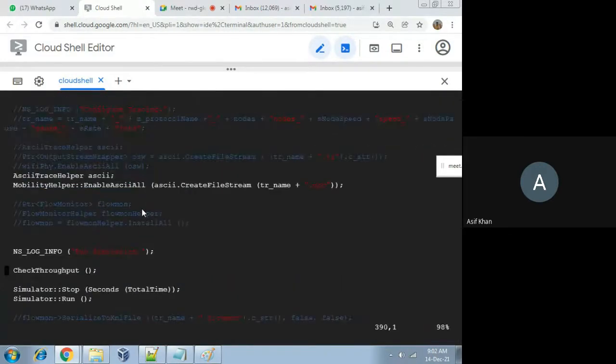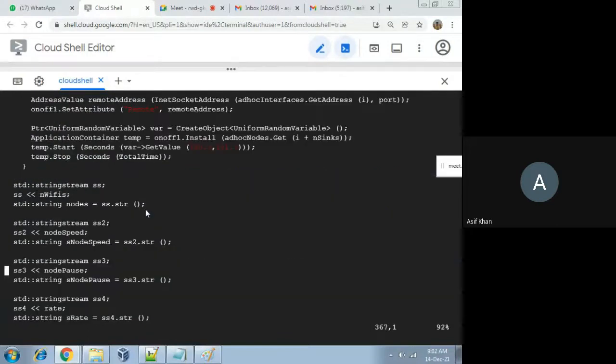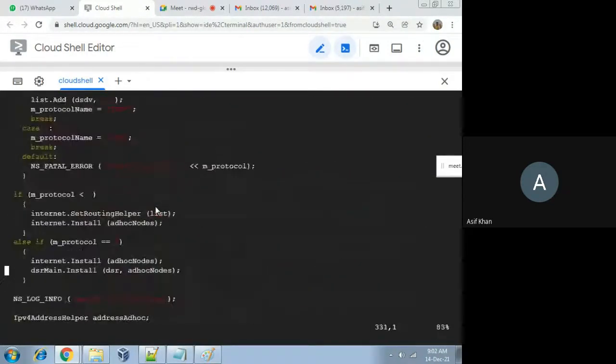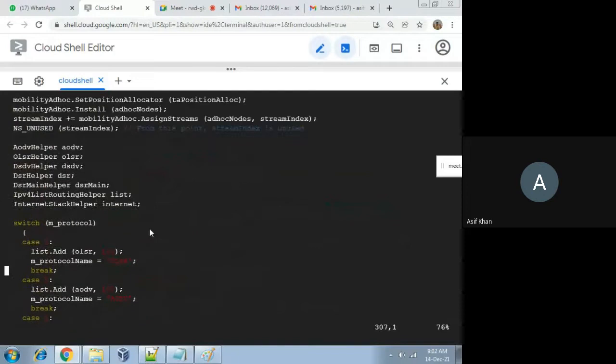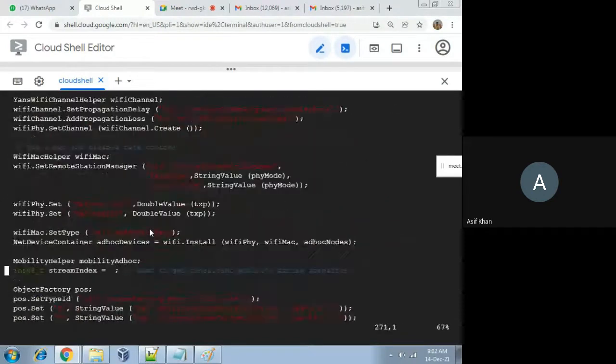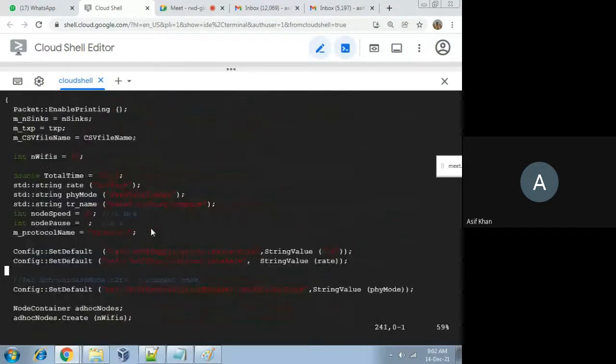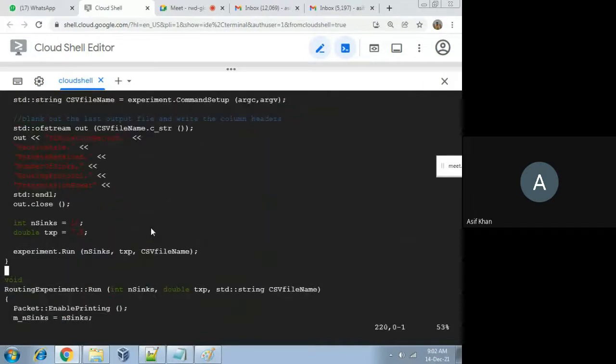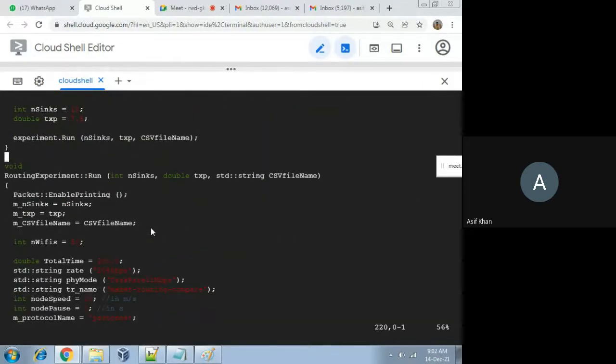Okay, so this is the code. Now let me run this code. Before running, the total simulation time here is 200 seconds, so it will take more time. Let me reduce that to 150. Reducing this total time to 150.